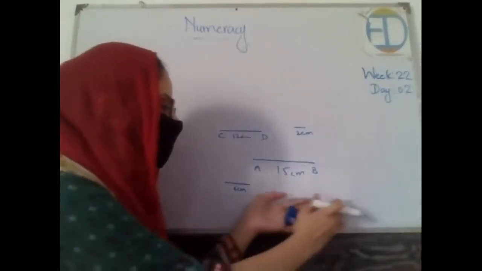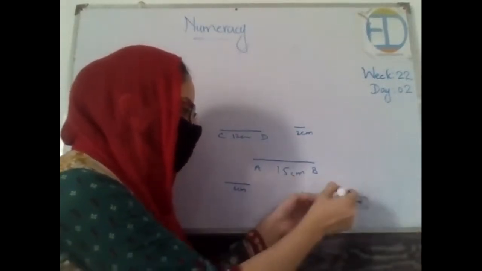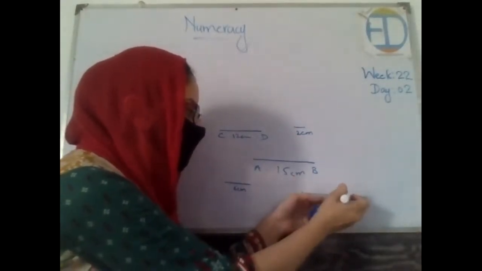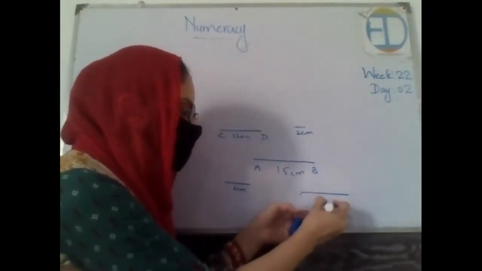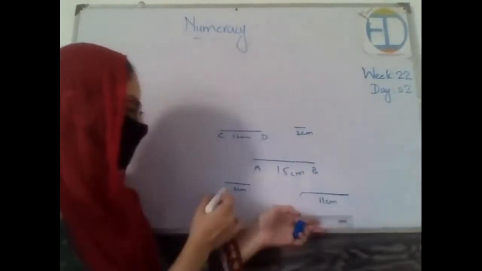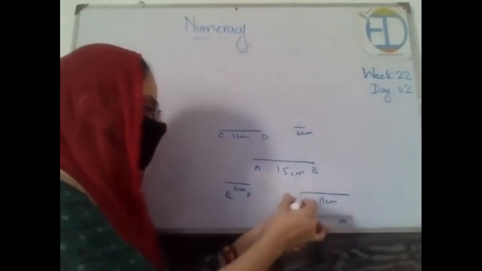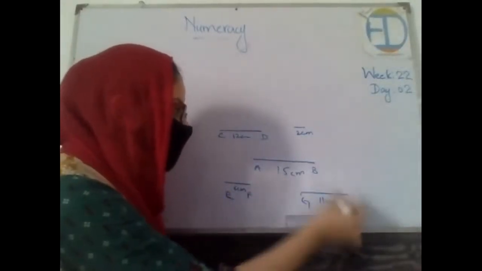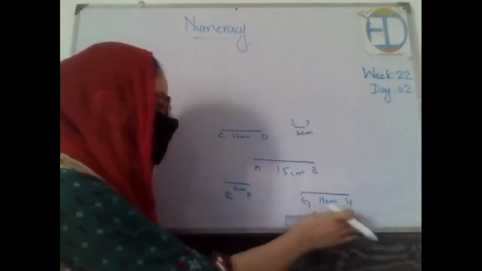And the last is of 11 centimeter. So first would be at 0, second would be at 11, and then we will join these two. So now we have this of 11 centimeter. Let's give them names as well. This is EF. This is GH. This is IJ. Okay, you can give any random names.